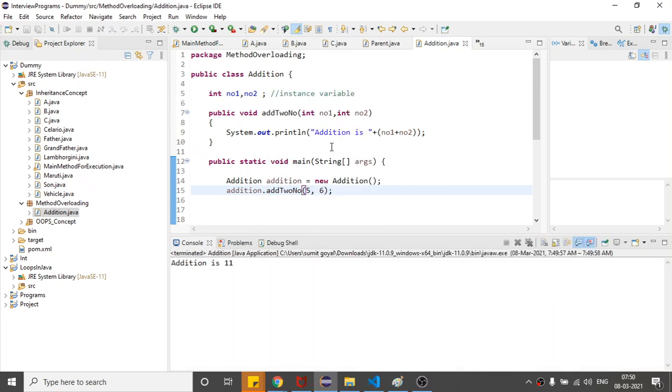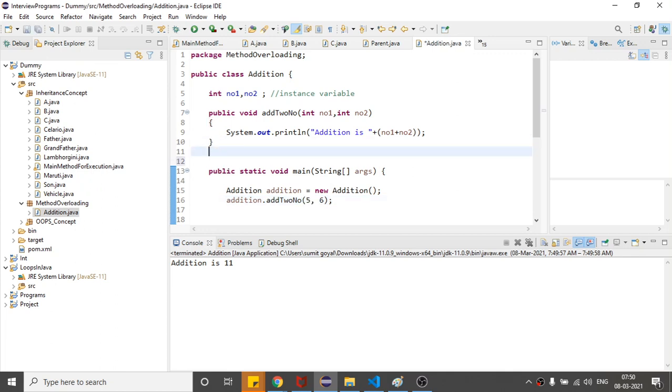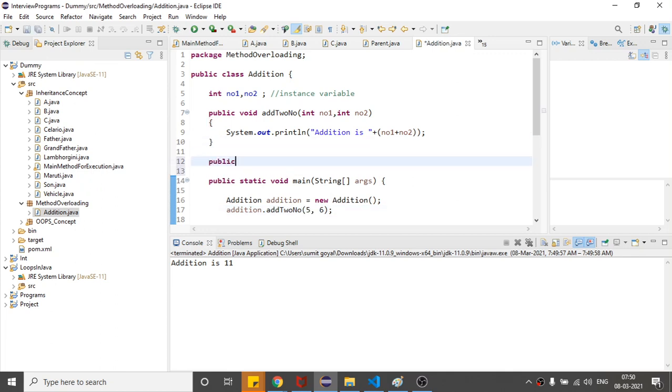So it is saying addition is 11, right? So 5 plus 6, 5 will come here, 6 will come here, and then 5 plus 6 is 11. But suppose I want to calculate the addition of 3 numbers, I need to write a function that will add 3 numbers. So I will make another method.